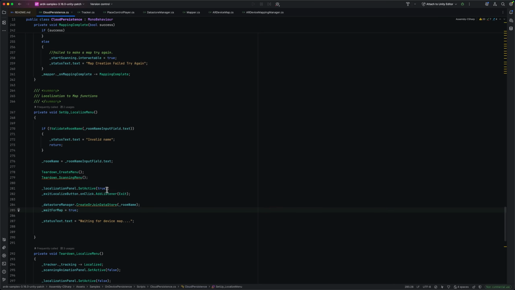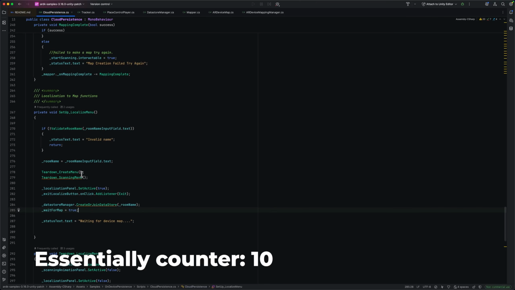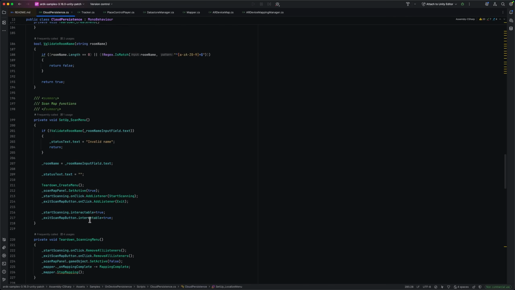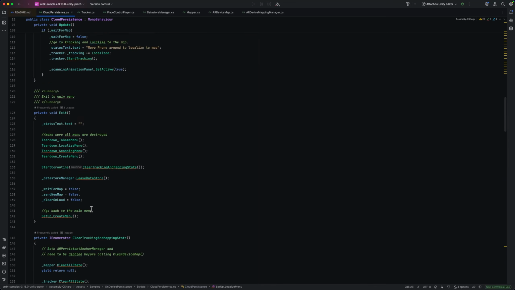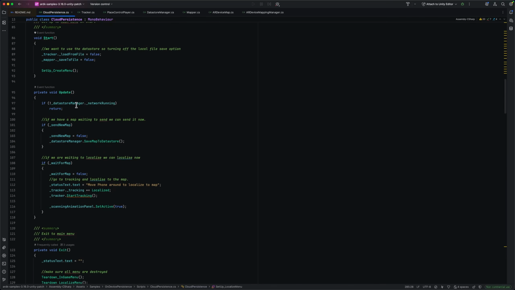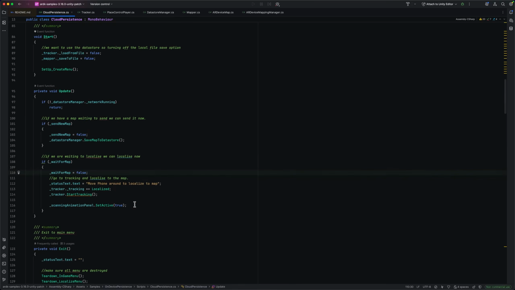And we are not sending anything, we're just waiting here. And if we then go up to the update method, we will run the update method as soon as the network is running, but we won't send any map as we haven't flagged that to true, as we also didn't scan any map. So all we will do is execute this logic over here. And as we just saw earlier in the data store manager, if we are a client and we are joining the room, then we will automatically download the uploaded map as soon as it is available from the host